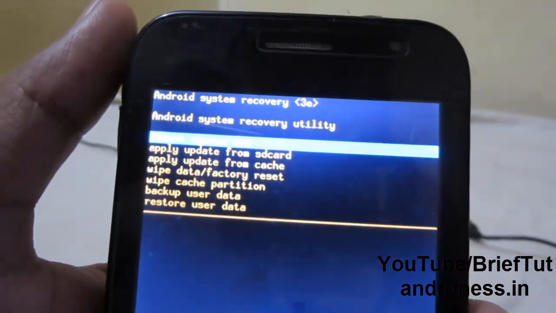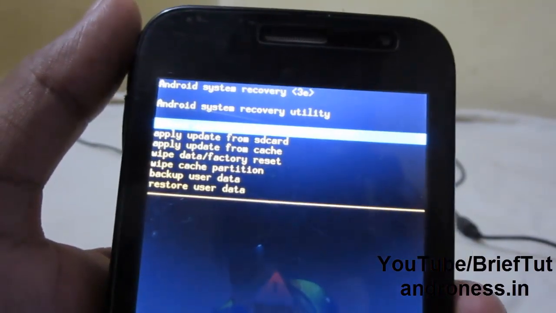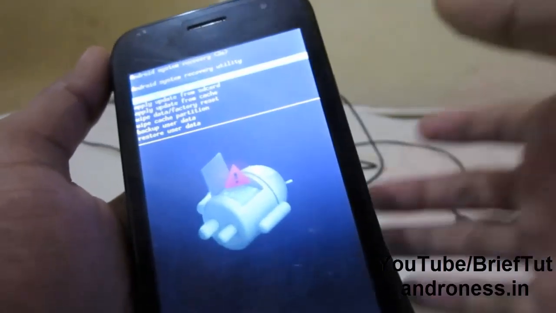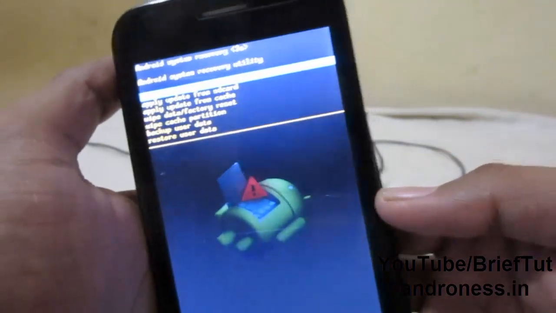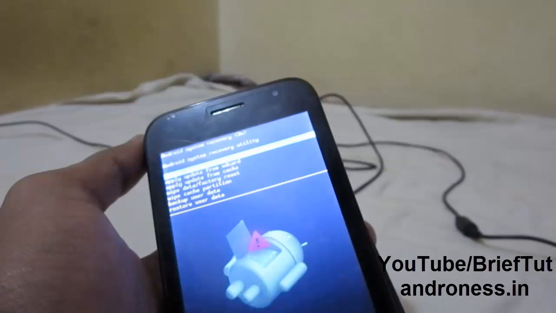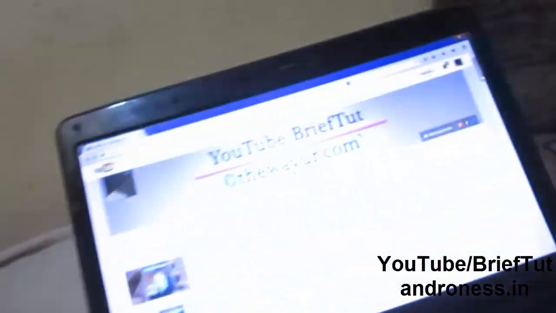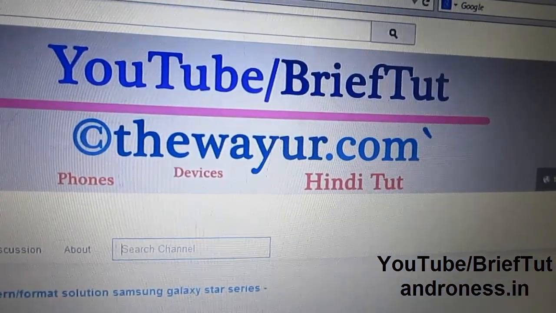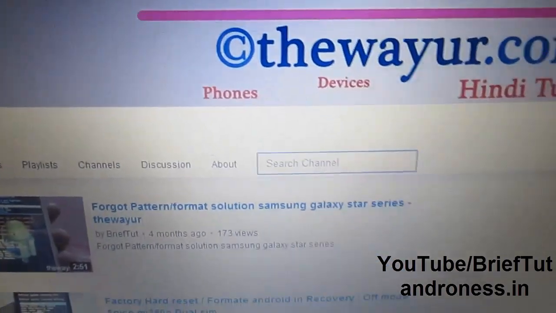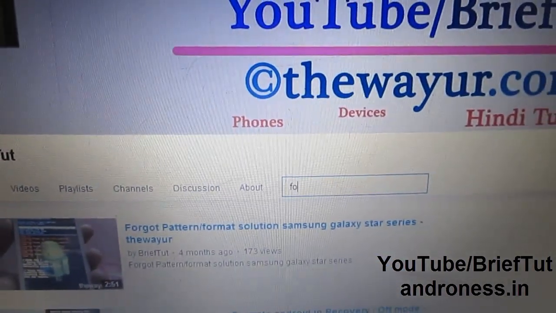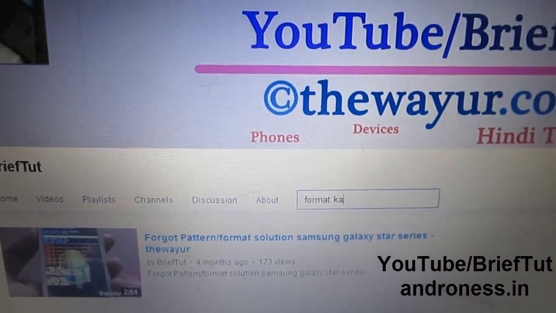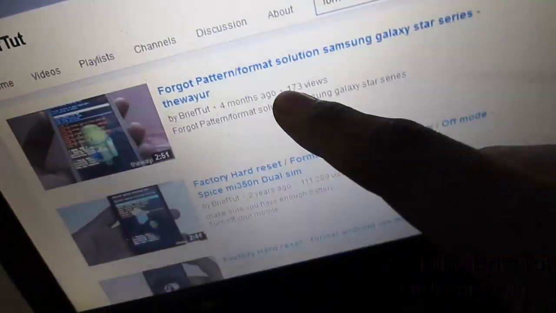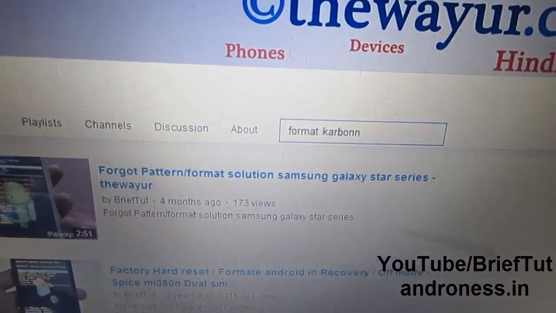Now I will show you how you can install the Clockwork Mod recovery, but I suggest you perform a factory reset. To know how to do a factory reset, simply go into my channel, youtube.com/brieftool, and in my channel just search format Carbon, or simply type format and you will get these results for your other mobiles.